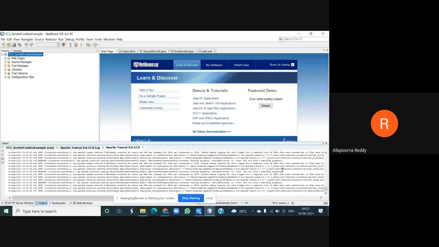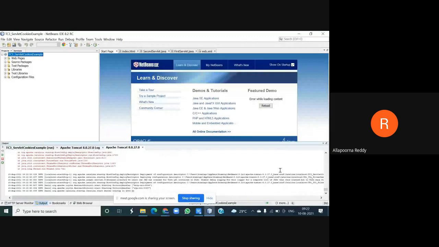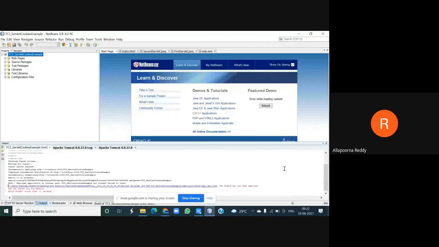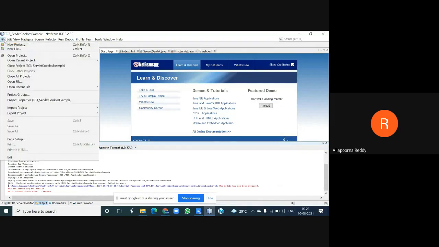So I'm trying to open my web address. The OneDrive servlet program has been built, and the MPL NP module has been deployed. Okay, fine. I will just open another program. Don't worry, I had one more example of my servlet.